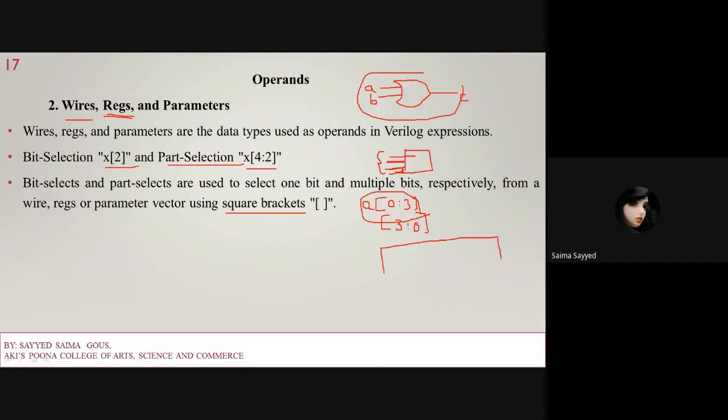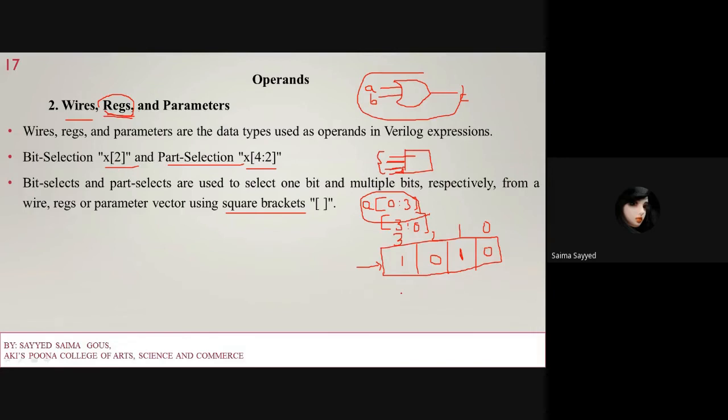Suppose we have a 4-bit number, positions 0, 1, 2, and 3, and we have to store it. So we use registers. Suppose 1 is stored here, 0 here, 0 here, and 1 here. So the value 1010 gets stored by using registers.